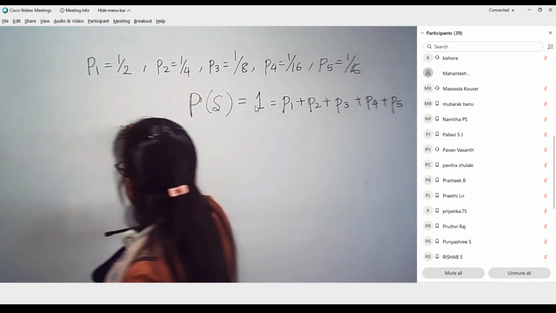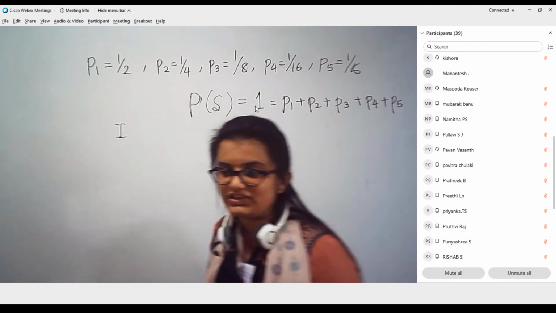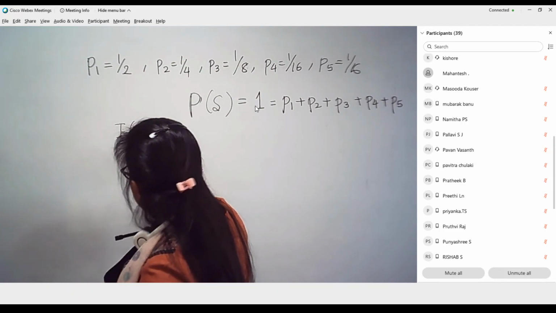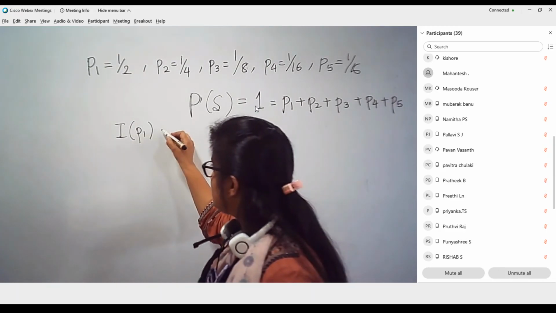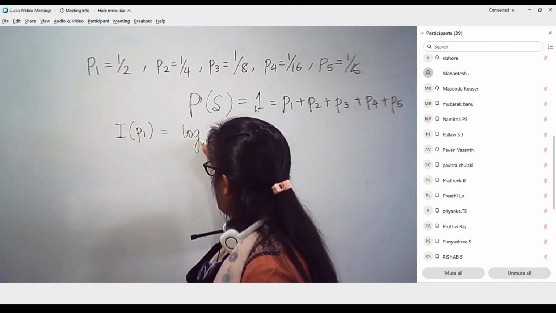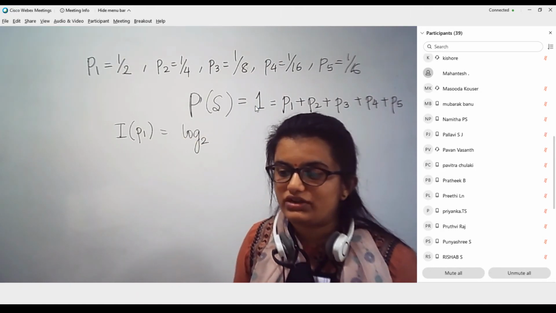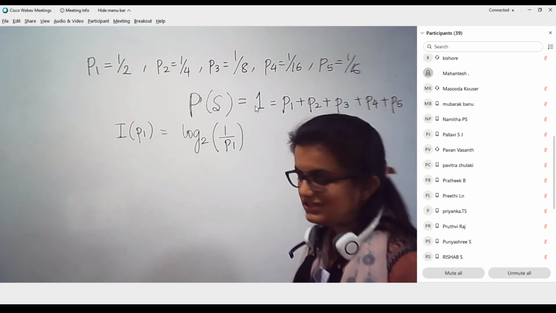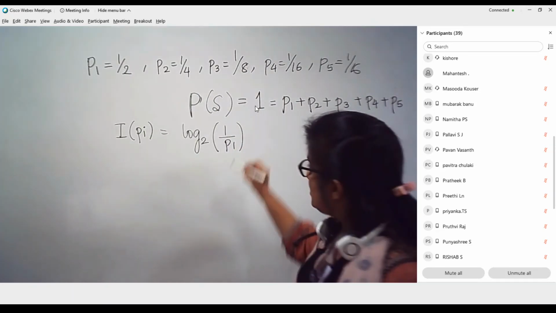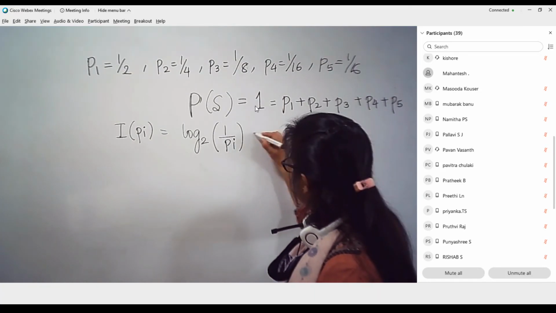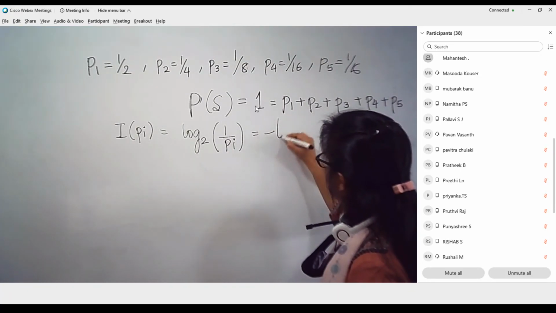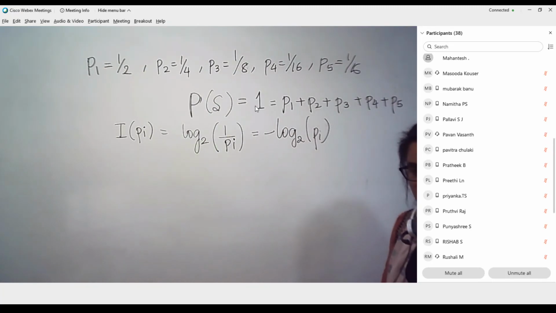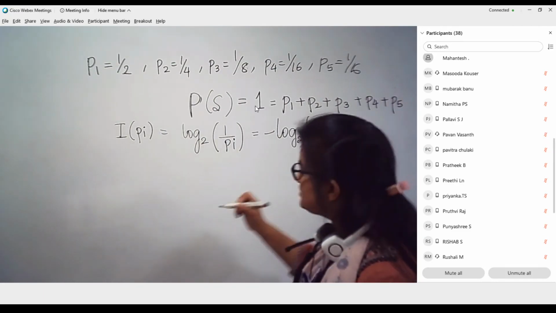Now we shall measure the information content of each of these messages with the probability. What is the equation that we have? The information content in the message, I call it I of P1, which is equal to log to base 2. Since we need to measure in terms of bits, it is log to base 2 of 1 over P1. I will write in general, this is I of Pi, and here also I write it as Pi. In general, I will write it as minus log to base 2 of Pi. Okay, so I am writing it like this, for my convenience.